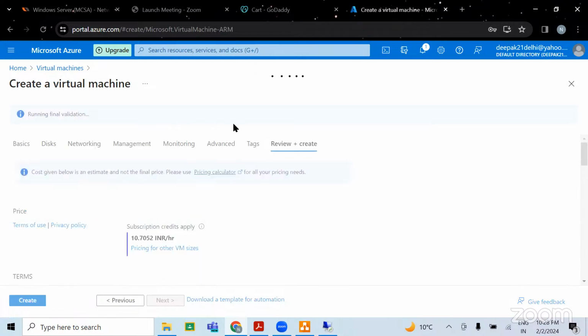All other things we will understand when we are going to start our Azure module. Okay. So this would be the amount that we have to pay. If I am going to use this machine for 1 hour, the cost will be 10 rupees 70 paisa something. All right. And then create. Meanwhile, it is getting created. Let me get back to the